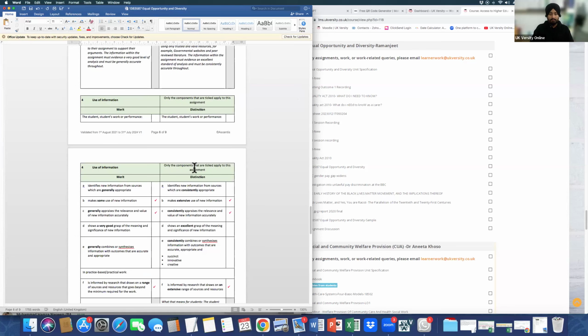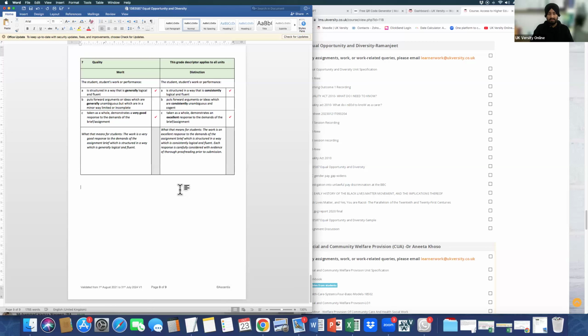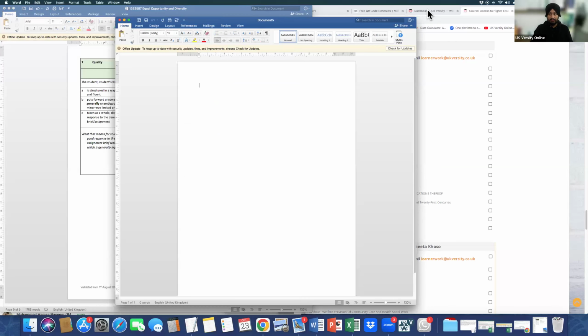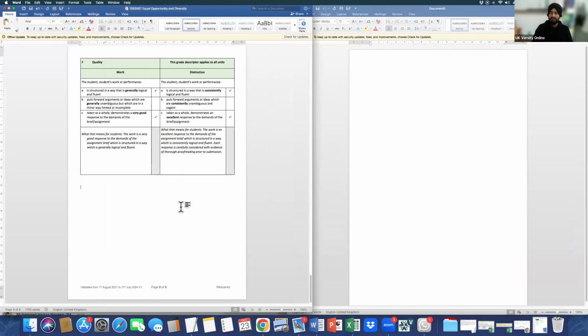Then there is a very simple way to start your assignment. Either you can start it in the same file, or you can simply press Control plus N. It will open a separate Word file, and you can start it there by putting it at the half end of the screen. But at the same time, what I usually do is simply go to Insert, Page Break,